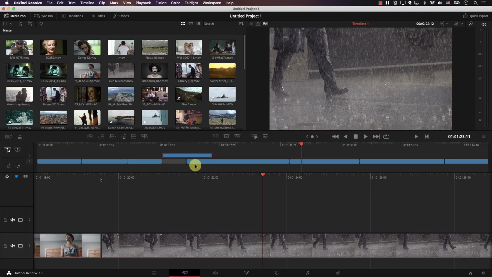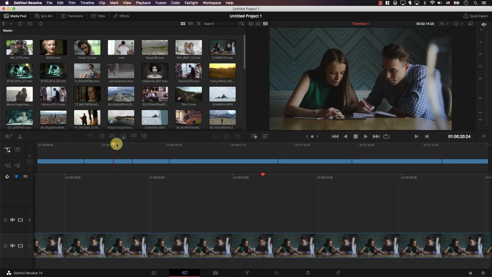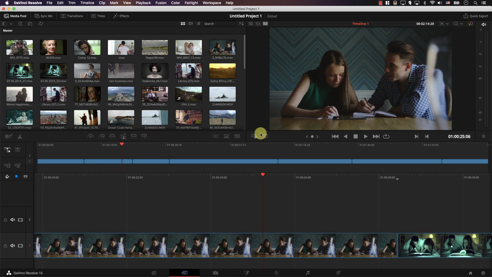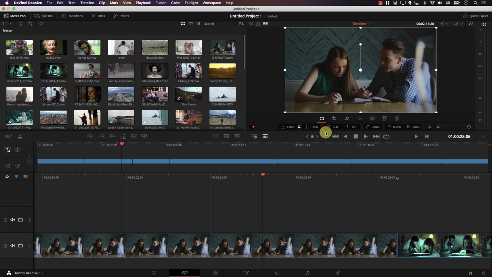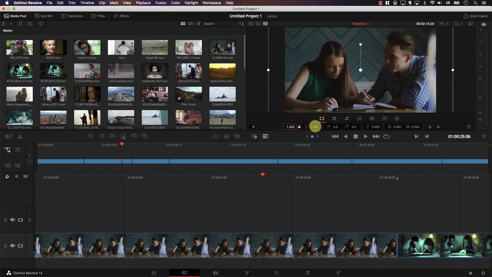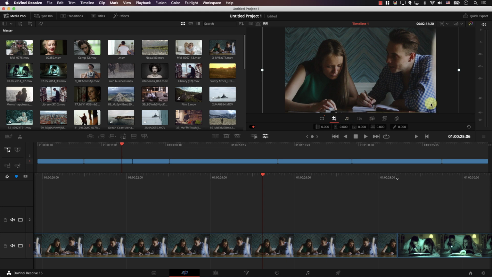Think of it this way: the cut page is designed for fast projects. It removes all the distractions and gives you a very fast workflow that is suitable for very fast projects where you don't need all the power of the edit page. And even if you're working on a large project, not a fast project, the cut page will allow you to perform the initial phase of your edit, just putting things together much faster. And after arranging everything, you can move from the cut to the edit page and continue working on your project. And this is one of the main things that makes Resolve unbelievably powerful: all these tabs are linked.